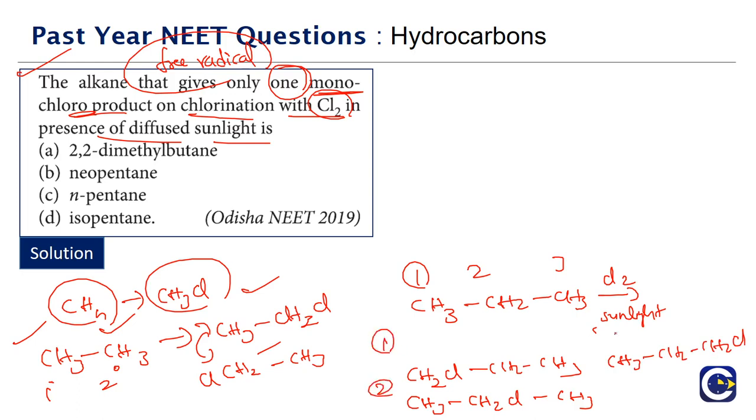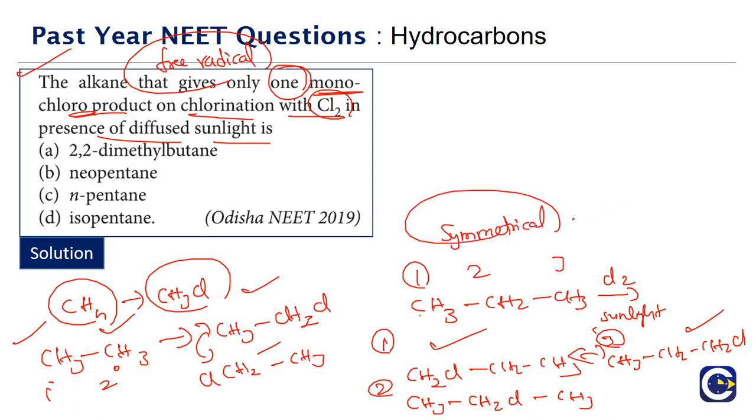Now what I am trying to say is, look at this. Let's just number them 1, 2, 3. If you see, the 1 and 3 are not different substances. They are the same. We just have to reverse them and check. If you reverse and check it, 1 and 3 are the same. Why is it happening? Because the carbon 1 position and carbon 3 position are nothing but symmetrical. Carbon 1 and carbon 3 are symmetrical.